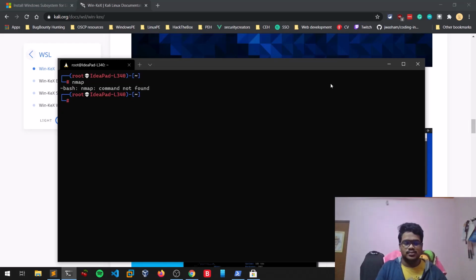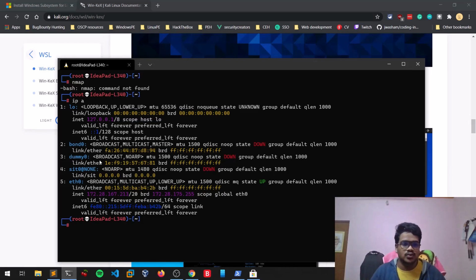And also one more thing is you can get your own IP. So this is it for eth0. You can see this is a virtual network IP for you. You can work on this to do some bug bounty hunting or anything else. Previously, Windows Subsystem for Linux didn't used to have this kind of thing, but now you can see that for Windows Subsystem for Linux too, you can have your own interface you can work on.